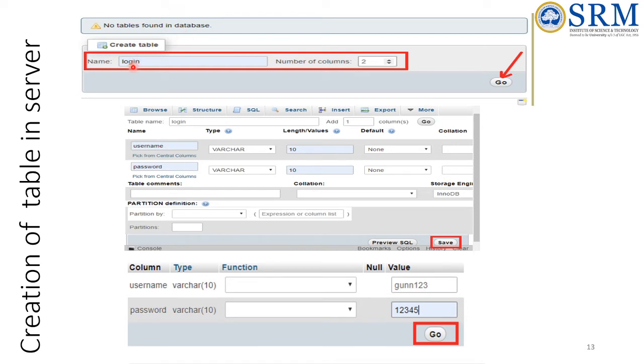Here the table is login, which has only 2 columns, username and password. I have specified both username and password as varchar with a length of 10. Then you can also enter the username and password values inside this table. That has to be done before you run your code.